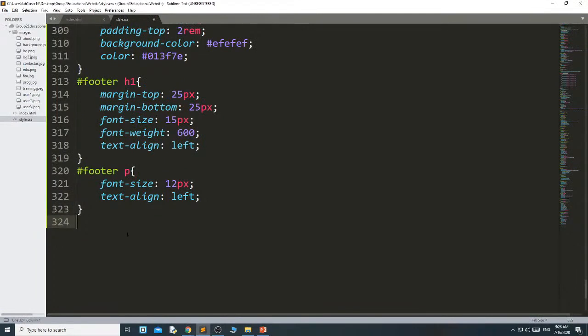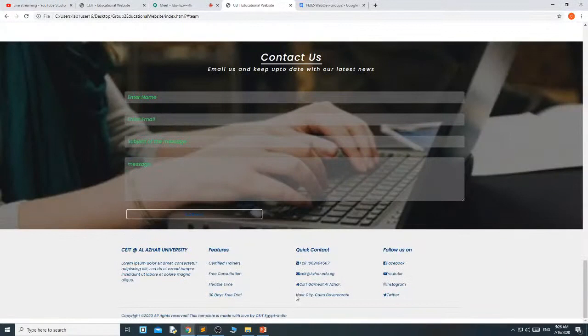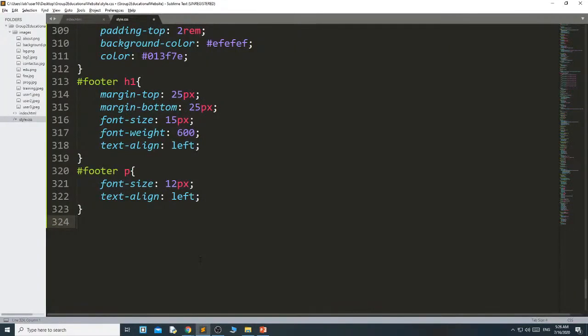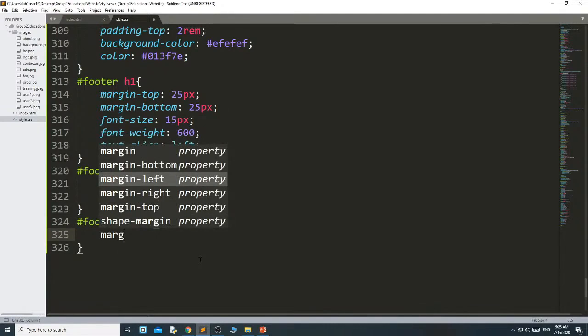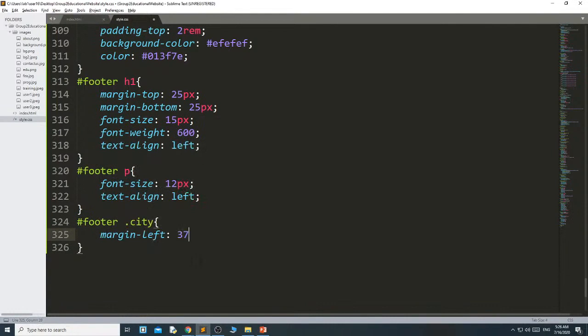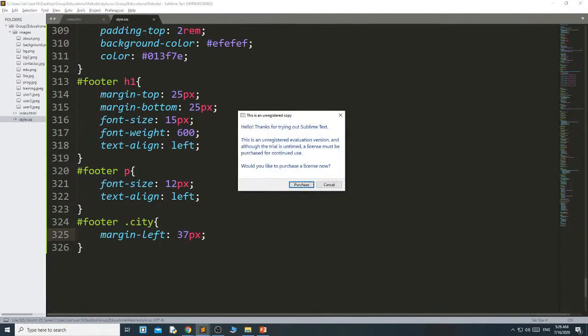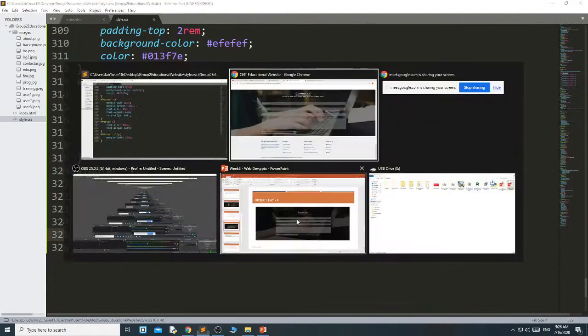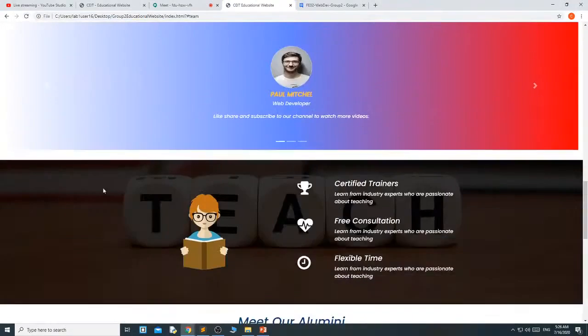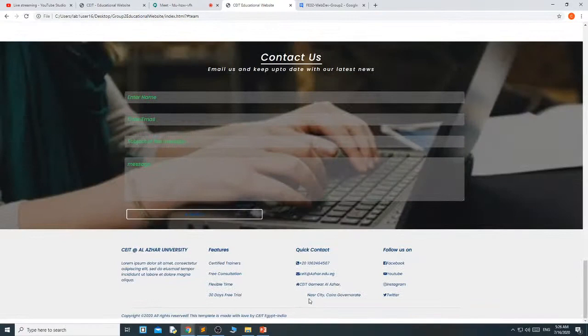Now what I need, this particular will come below this. It is coming below this icon. I want that this will come below this particular text. Then has footer dot city and margin left 37 pixel. See, it comes like this.